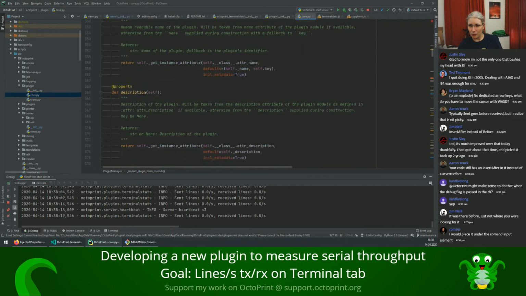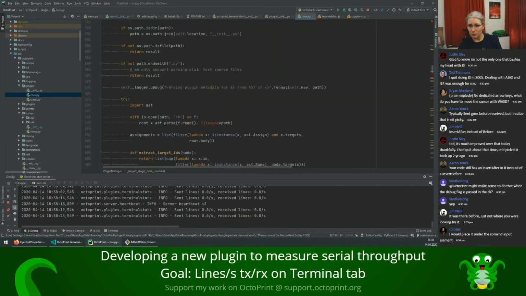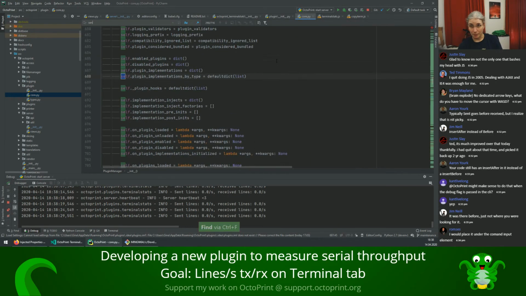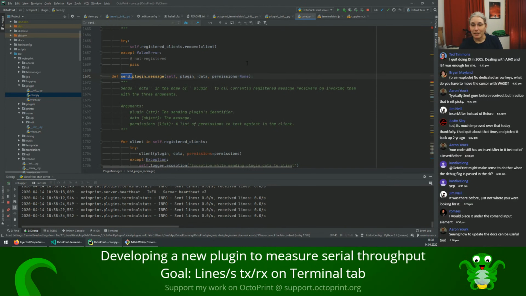Because there is this one. This is still all plugin info, right? Yeah. I'm going to take a bit of a shortcut here. So plugin manager